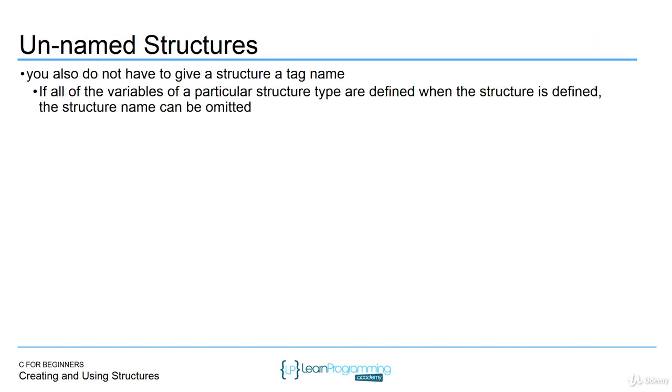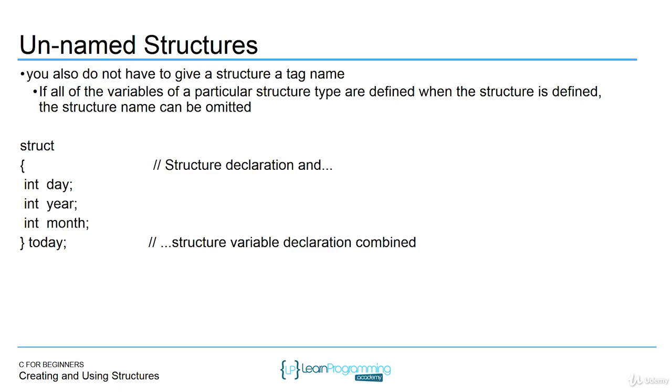Now, again, another way you could create a structure is you could create an unnamed structure. This is a little bit more limited because you can't do much with it, but you don't have to actually provide a tag name. Remember, the tag name is at the top right after the struct keyword. In the previous examples, the tag name was date. But you don't have to provide that. If all of the variables of a particular structure type are defined when the structure is defined, then the name can be omitted. And what this really means is you're only going to use the structure one time and one time only. So we could just say struct int day, int year, int month,